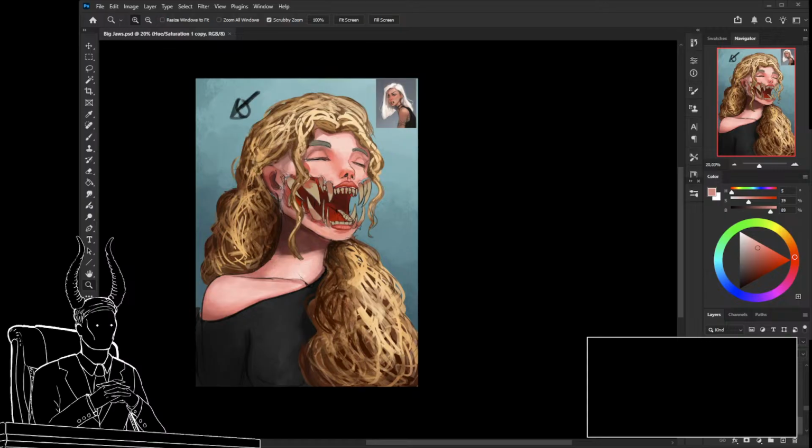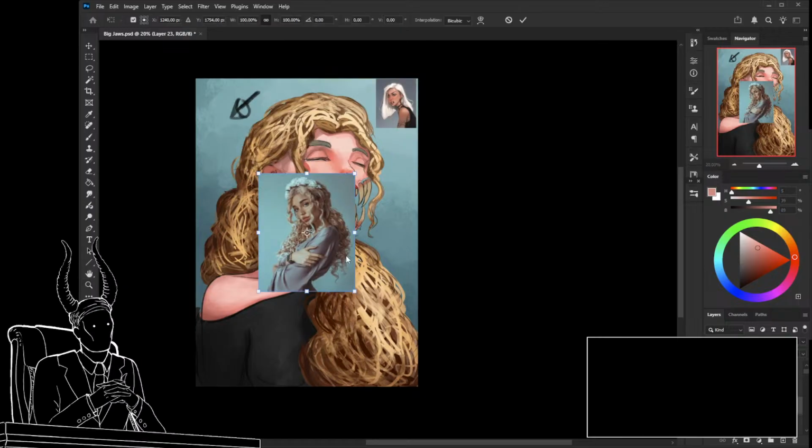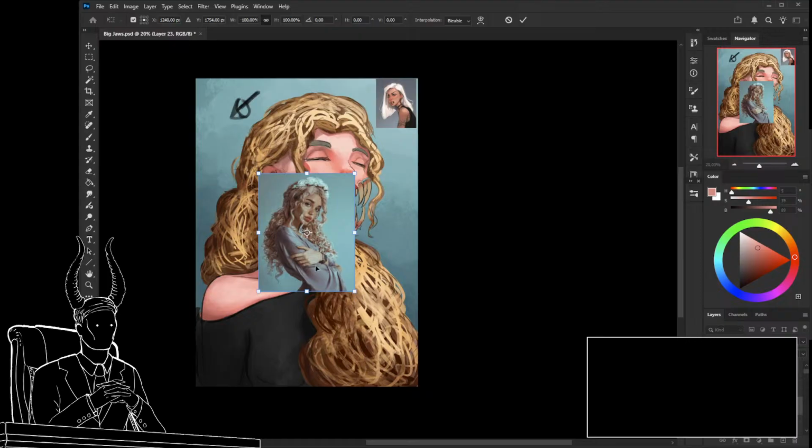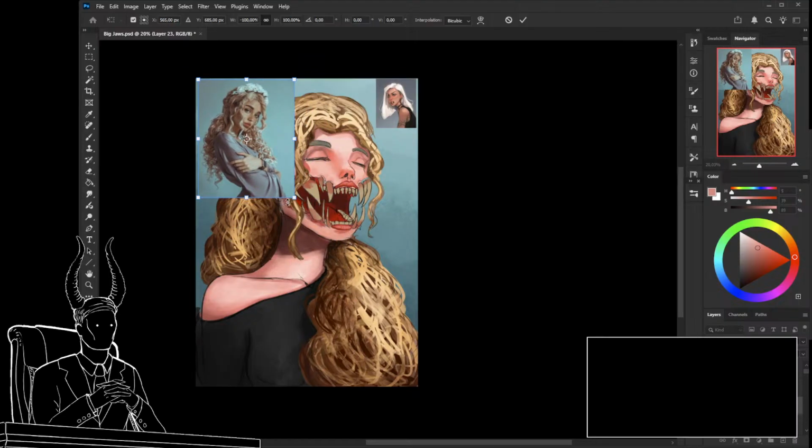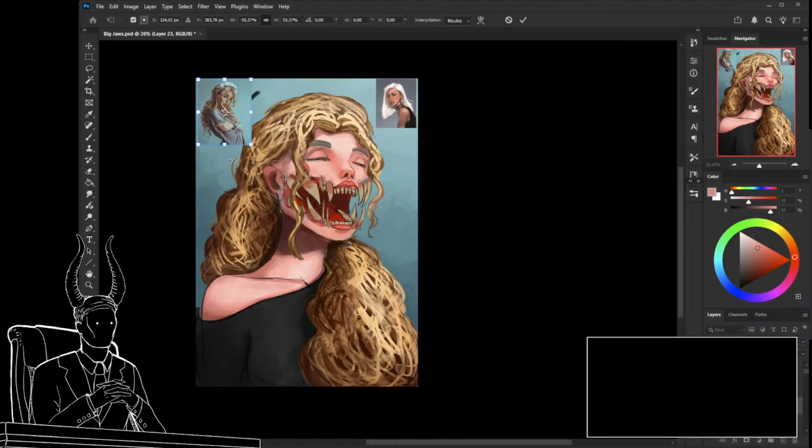Okay. Yeah, these hair are very tricky to create. Let me show you the reference that I'm using, which is... I'm trying to have these same hair more or less,